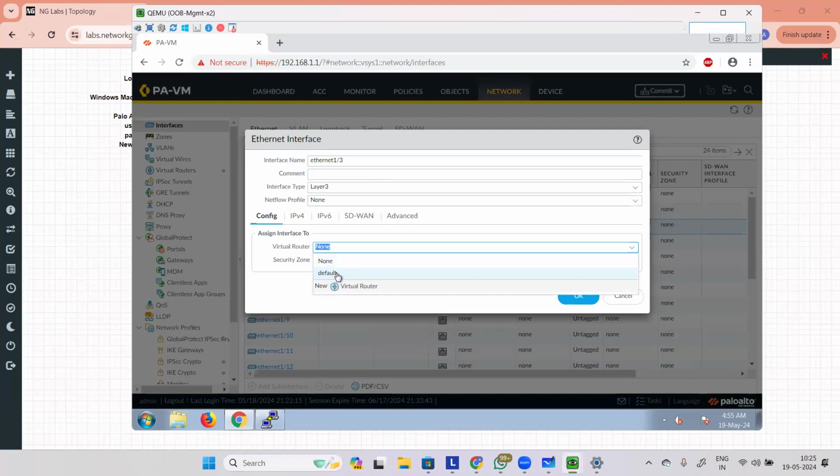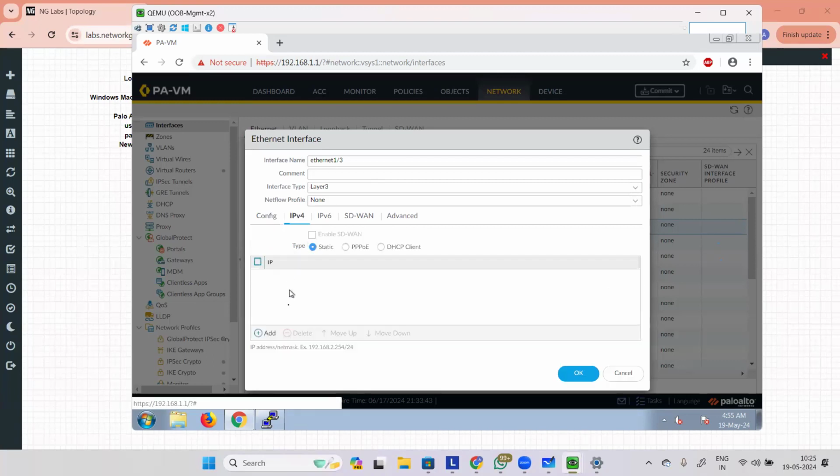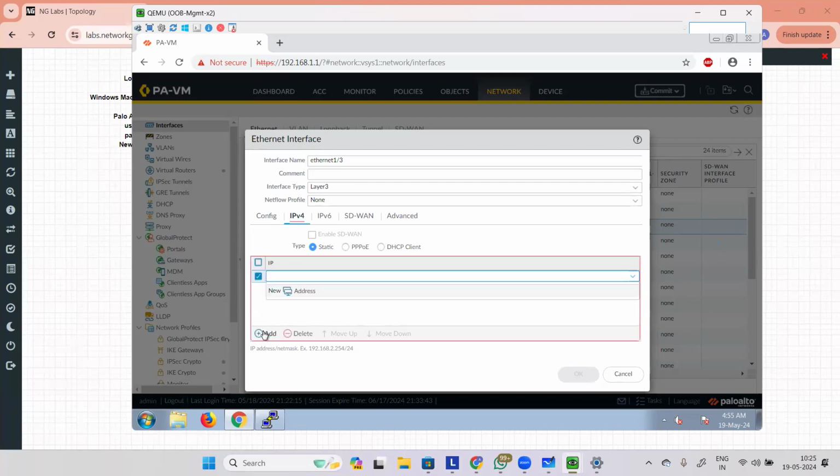We will have to assign it to a virtual router default, and then we need to assign a security zone. We have not created any zone, so I'll show you how we can create that. As of now, I'm just assigning the virtual router as default. This virtual router default is already present in the firewall. You can create a new VR if you want, but there will be a default VR which is already present. Okay, let's go ahead and assign the IP address. This has to be a static IP address. We are not configuring this interface as a DHCP client, right? So static. The IP address is